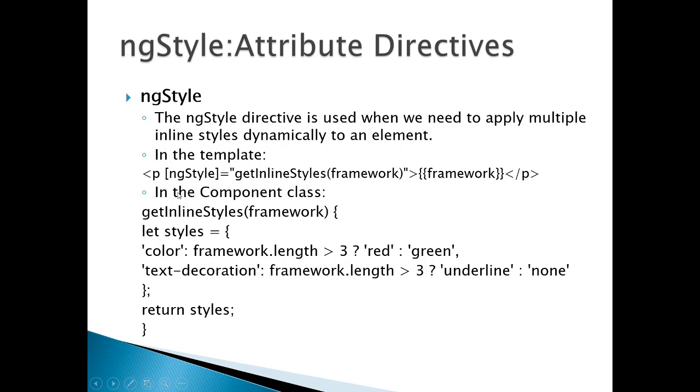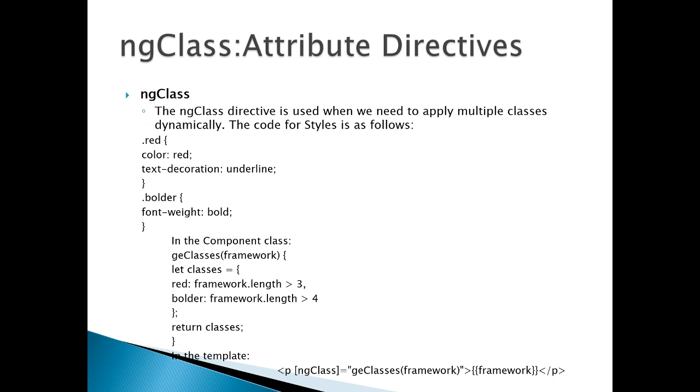So this is the way with which you can apply ngStyle. Same with ngClass, you can change the class of an attribute at runtime. For example, there are two CSS classes, .red and .bolder. These classes can be applied on the basis of some condition. So we apply ngClass, calling a method, and against that method we check some value, and it returns the class name, and that class will be applied on this paragraph. So these are all attribute level directives.